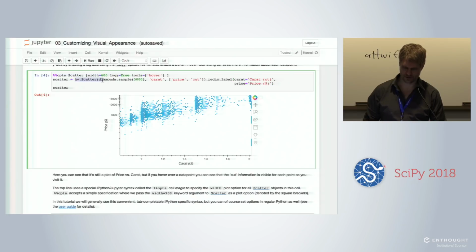Okay, so here we have our HoloViews object. And the other advantage of this syntax is that it clearly separates what's about the object and the annotation about the object from what's just about how we're going to see it. Whether you see it in a log axis, that's your choice. Whether you have a hover tool, that's your choice. It's not about the data. What the data is, that is your statement. The data that I care about is the price versus carat, and the cut versus carat. And the price is the first one, so that's the one that's going to show up in the plot, because the scatter has only one such dimension